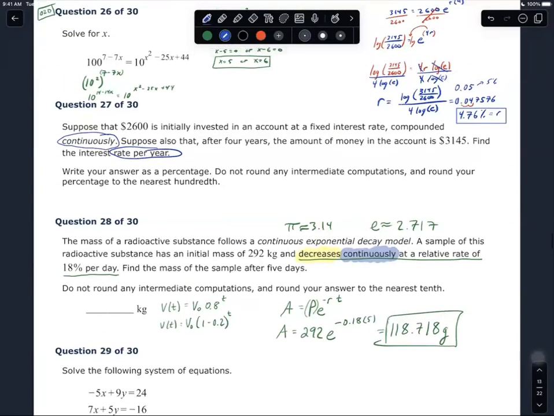All right. Very good. Okay, maybe we'll stop here and